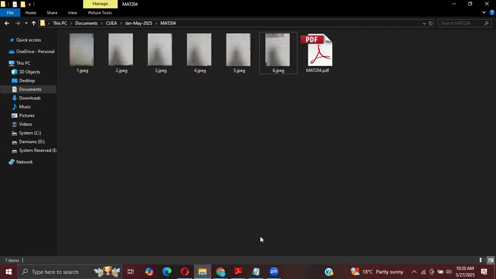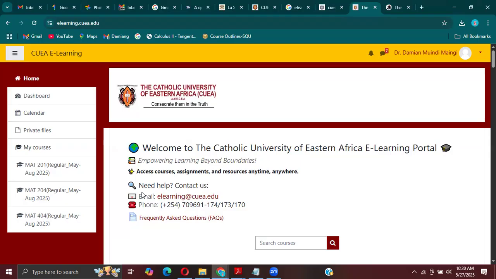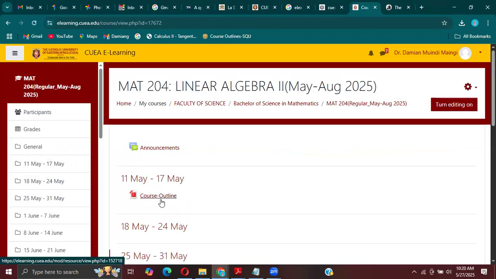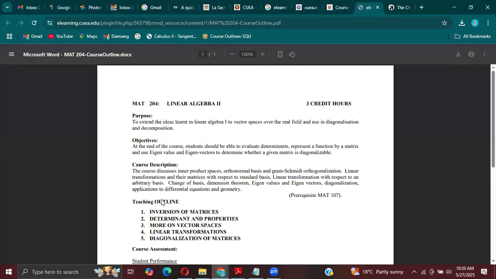Hopefully it will work. So this is Mat204 and the course outline is here in the hotel. You can just go there and download it. So I'm not going to bother to look at it anyway. Okay, maybe we can do a quick look at it. But anyway,